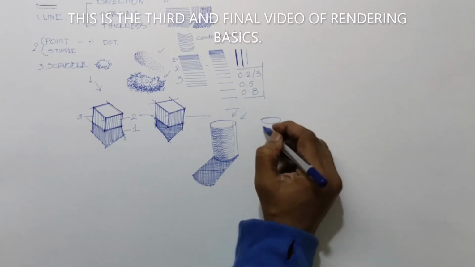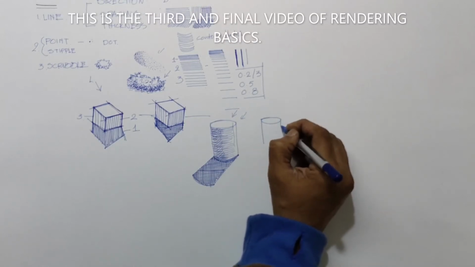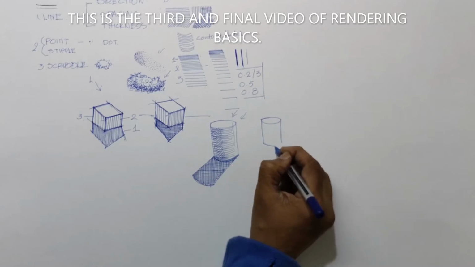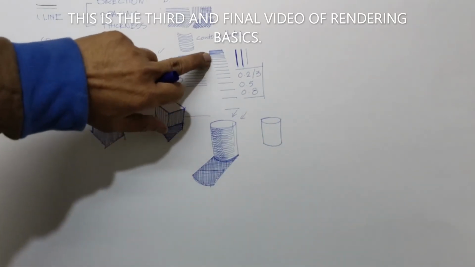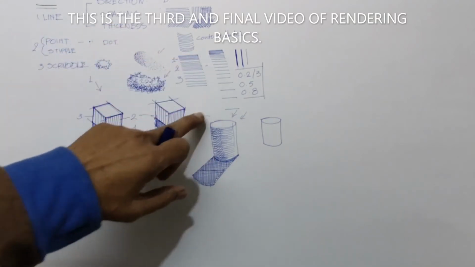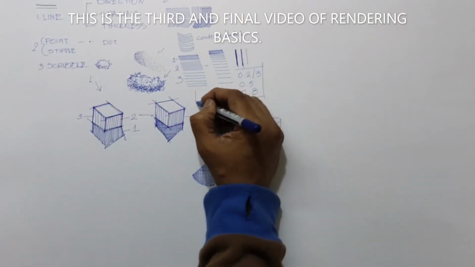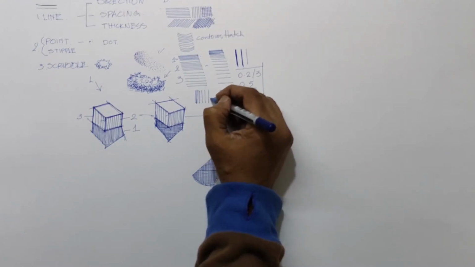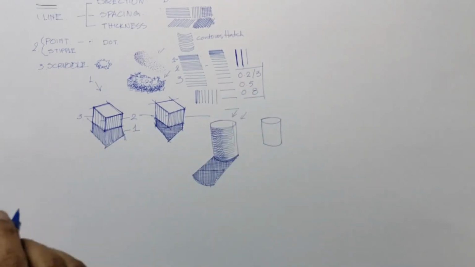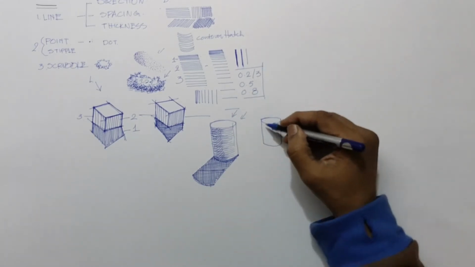I'm using a cylinder again. Okay, but I don't want to use a contour hatch. Then this will come in handy. This is horizontal. I can draw a vertical grading. See, vertically I can draw grading now. See, the same thing I am doing in vertical. So that vertical grading will be helpful for me to draw this.